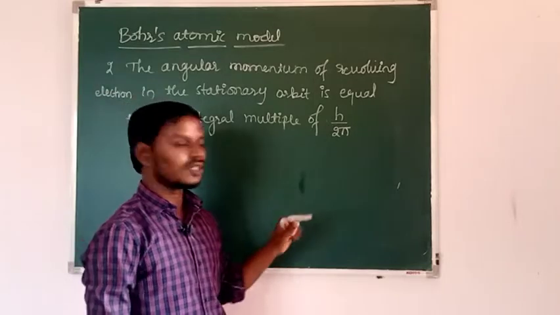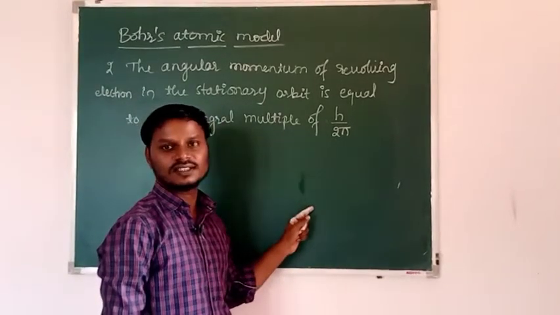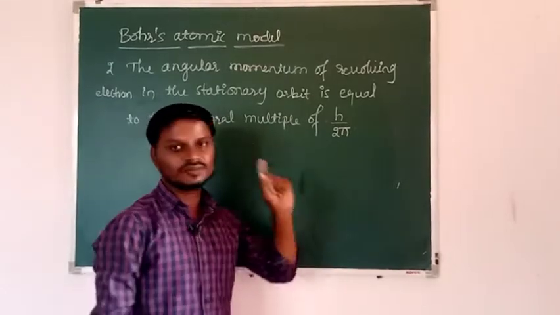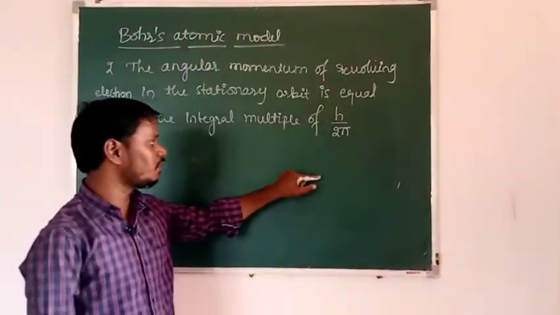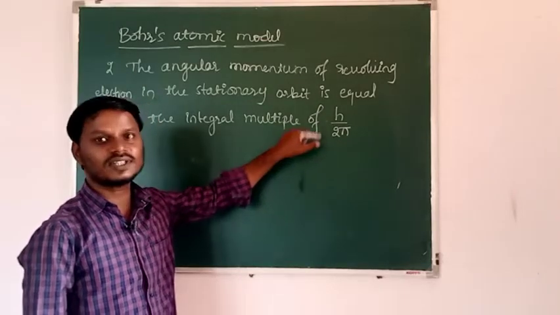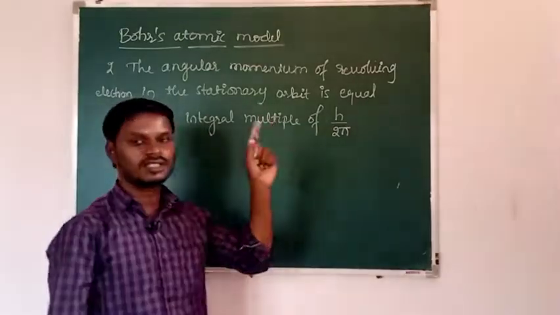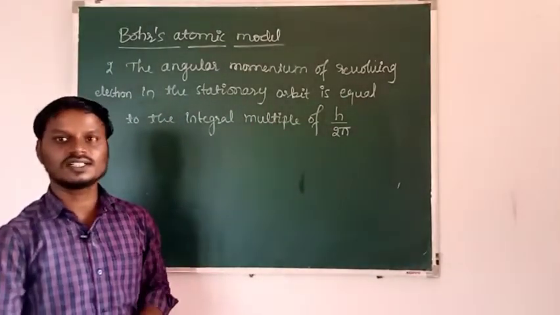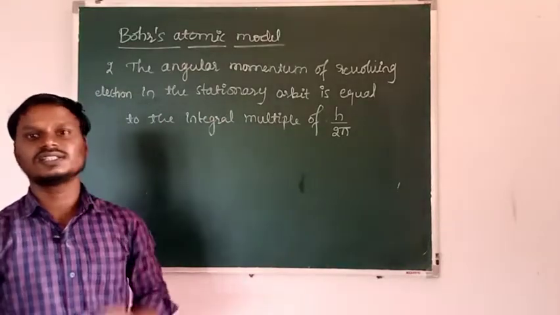Discrete ಅಂದ್ರೆ ಏನ್ರಿ? So ಇಲ್ಲಿ ಫಸ್ಟ್ ಆರ್ಬಿಟ್ ನ angular momentum h by 2 pi ಆಗಿರುತ್ತೆ. ಸೆಕೆಂಡ್ ಆರ್ಬಿಟ್ ನಾಗ 2h by 2 pi ಆಗಿರುತ್ತೆ. ಥರ್ಡ್ ಆರ್ಬಿಟ್ ನಾಗ 3h by 2 pi ಆಗಿರುತ್ತೆ. ಅಂದ್ರೆ the angular momentum is different in different orbits. Means the angular momentum of the revolving electron is discrete here. Okay, that is why this second postulate is also called Bohr's quantization rule.